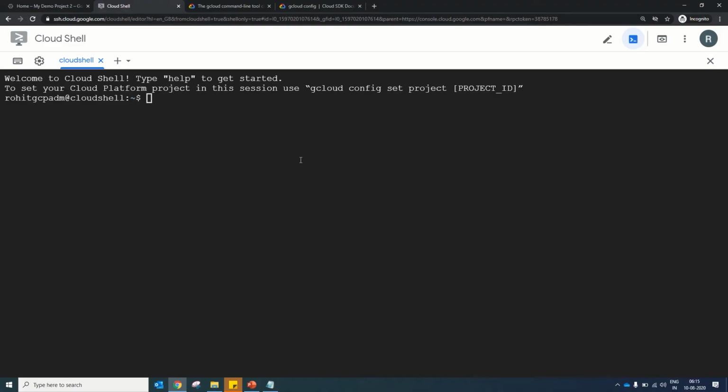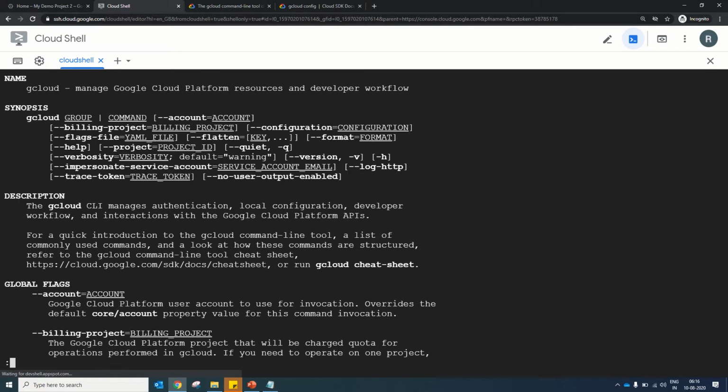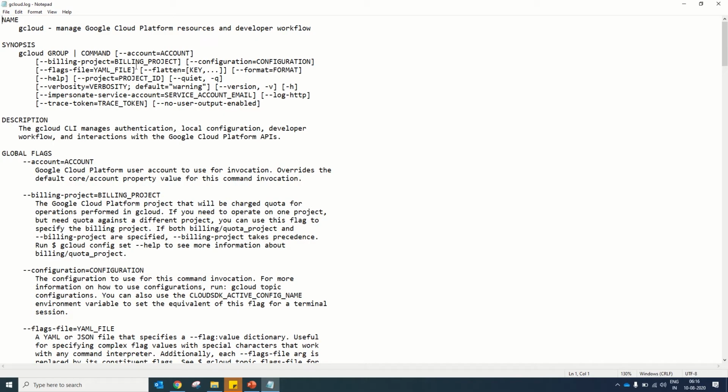In this demo, we will go through some basic commands of gcloud and get some hands-on with gcloud commands and available features. For this, we will start with gcloud help. gcloud help works similar to the help option for other commands, like gsutil, that we used in the last chapter. When you run it, it will give you detailed help. I have already downloaded the detailed help in a document format for my reference.